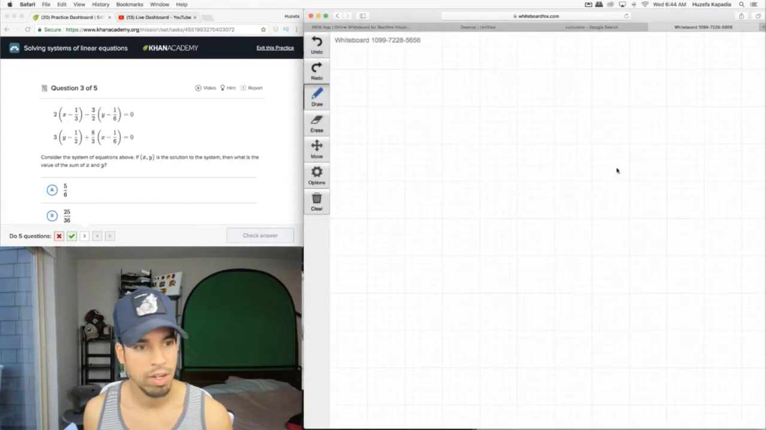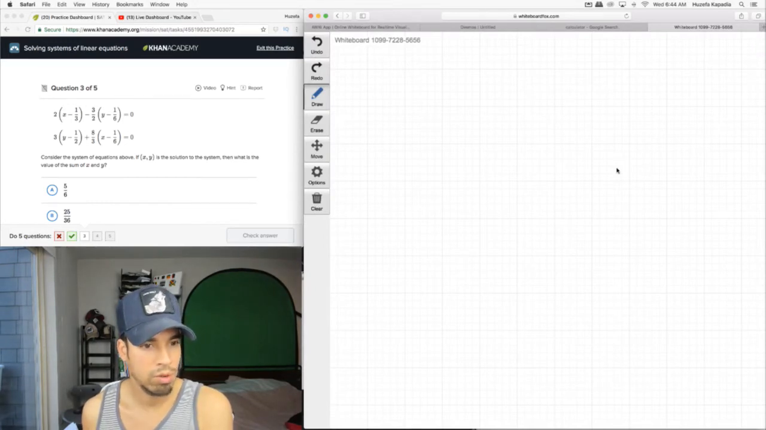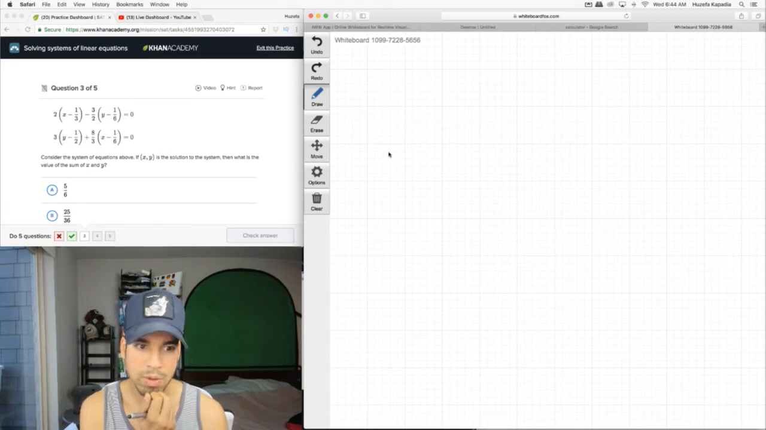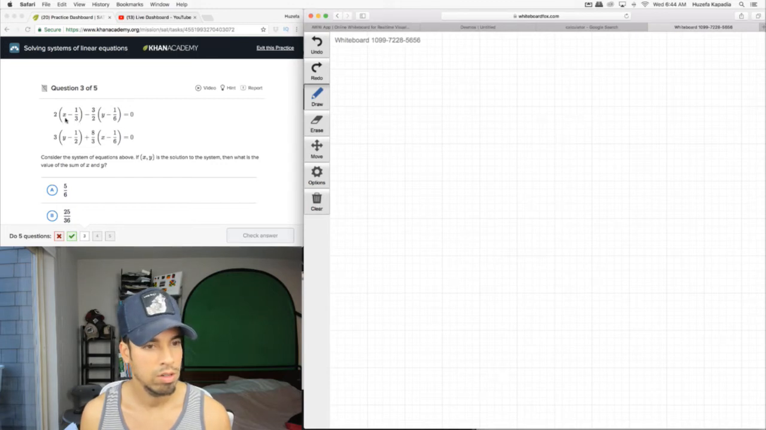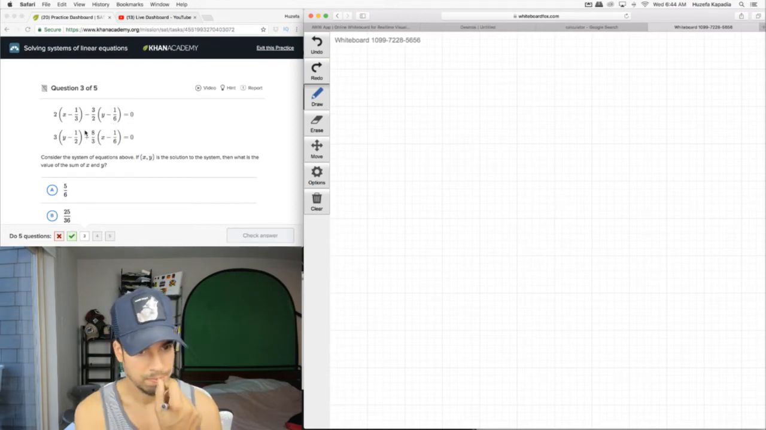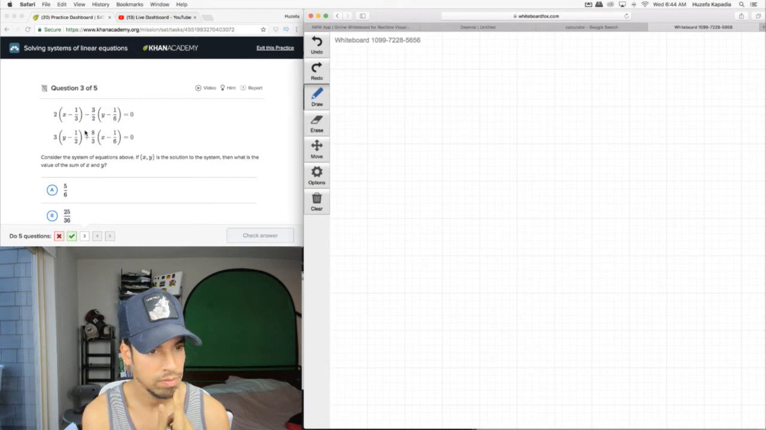Back on track. Okay, so then we got, consider the system of equations above. If x, y is a solution to the system, what is the value of the sum of x plus y? So x, y is the solution to the system. So we've got, let's see what we can do here. So it is the intersection point. Do we actually need to solve for this? Oh, I think I see what's going on. This is